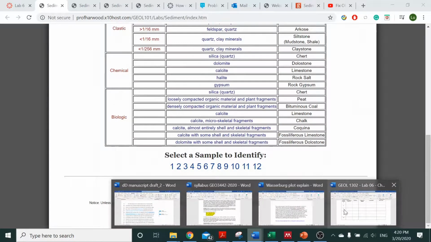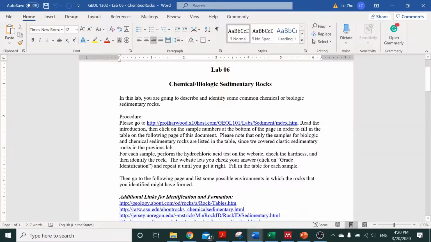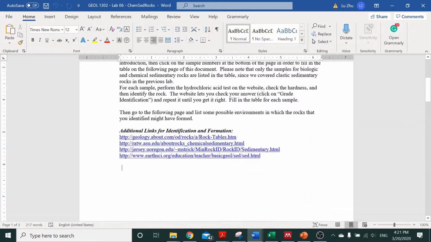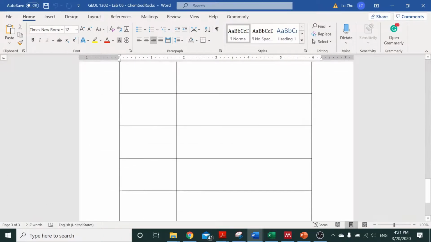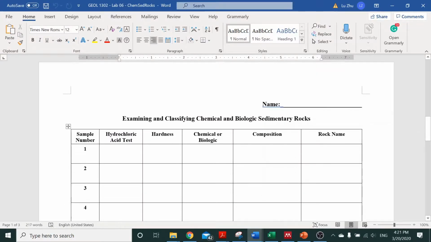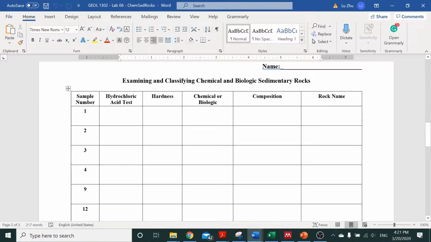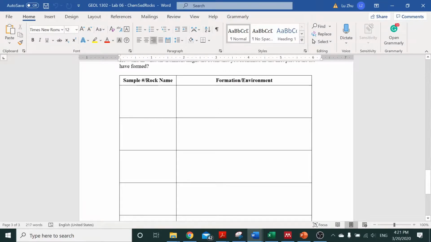So if you open your lab assignments, you will see today we are going to identify chemical and biological sedimentary rocks. And there are two tables you need to work on. It's very similar to our last lab. So first you need to identify the rocks, and then the second table you need to talk about how